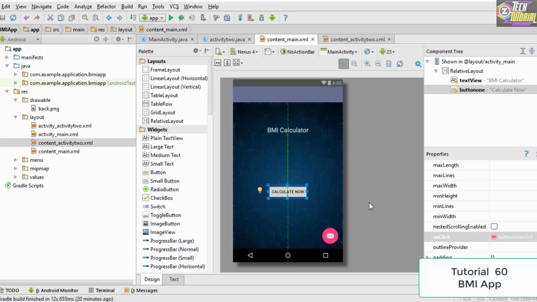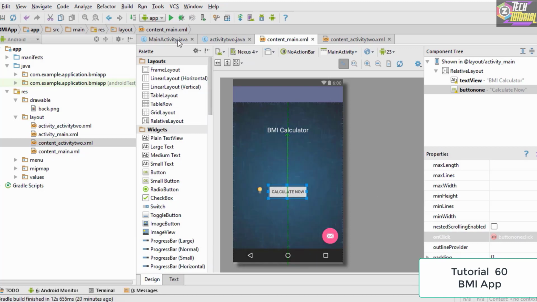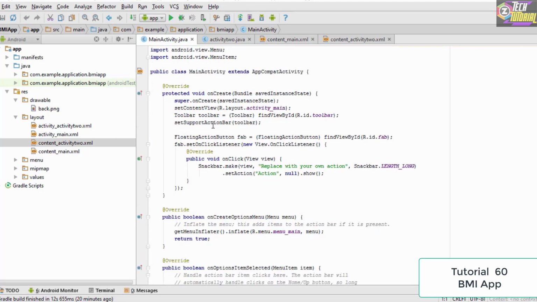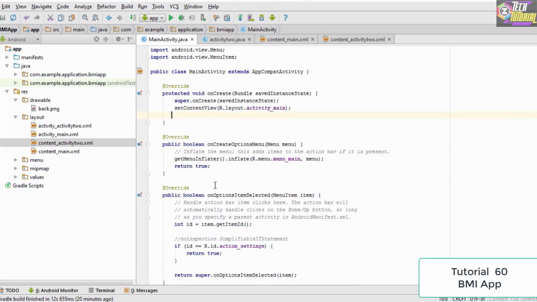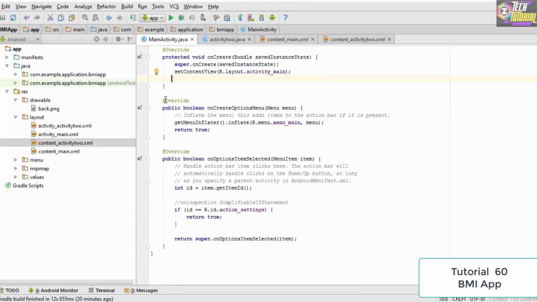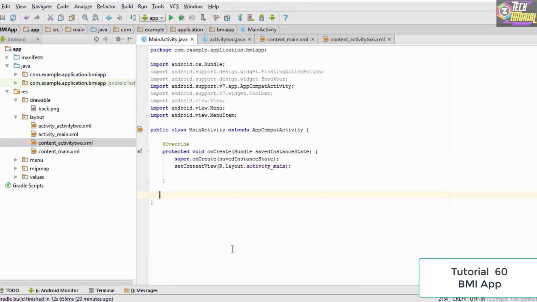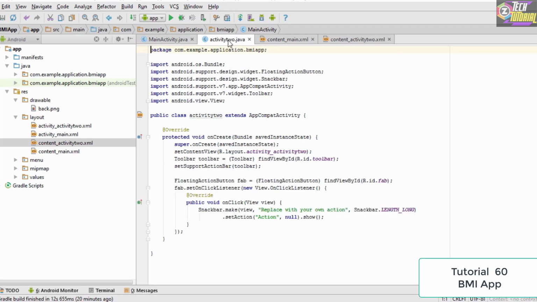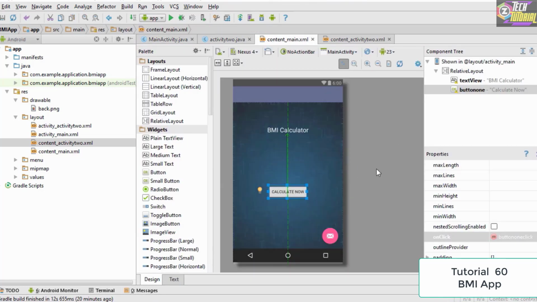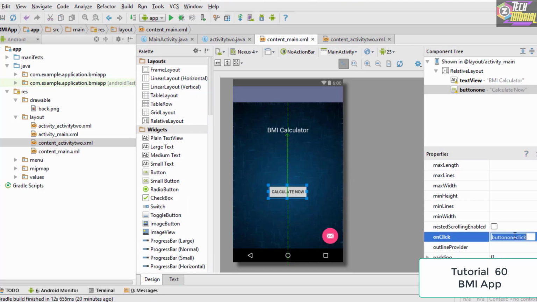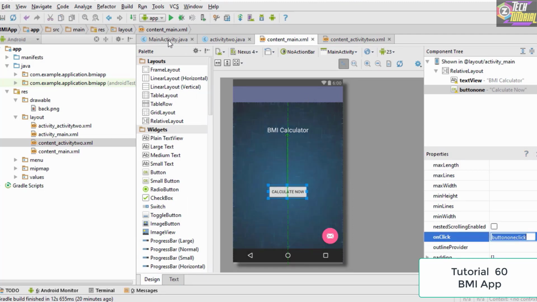So in order to write the code for the on click of this button, we switch to the main activity, and one thing which we need to do is that we need to clean up the code so that we don't have confusion regarding the code. So the next thing which we do is that we actually create a method for the button click. So if you don't remember what the name of your method is, you simply select this, you copy it,